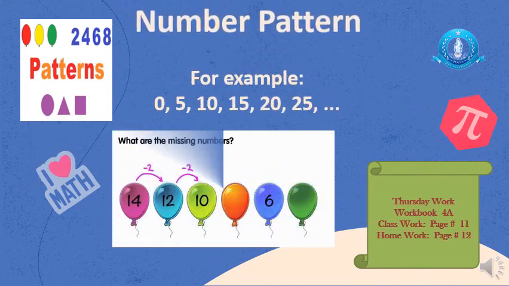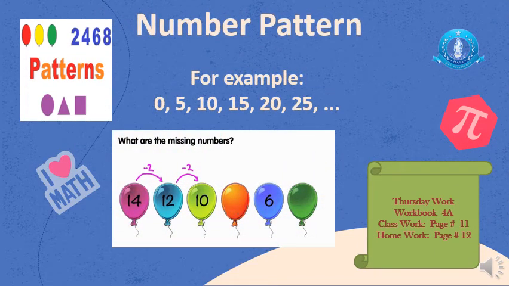Number pattern. First we will see what a number pattern is. It's a pattern or a sequence in a series of numbers, right? Second, this pattern generally establishes a common relationship between all numbers. Look at the example: 0, 5, 10, 15, 20 and so on. We will see the difference between two numbers. When we get to know the difference between two numbers, we can easily make a series, or we can easily complete the pattern.